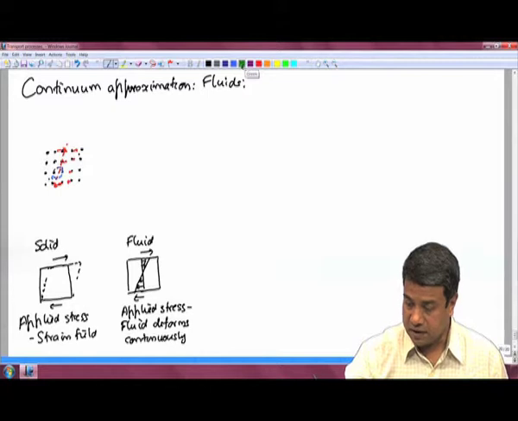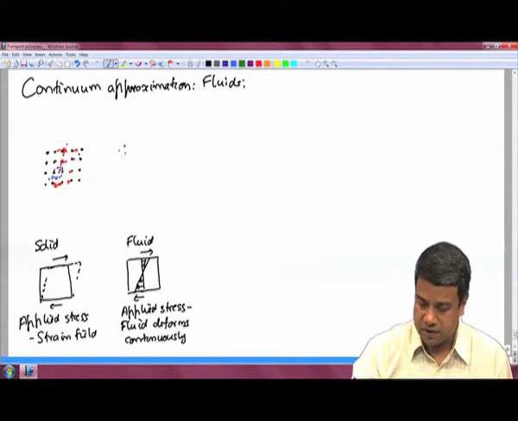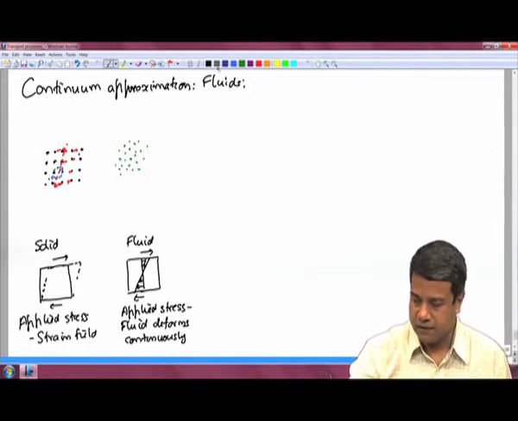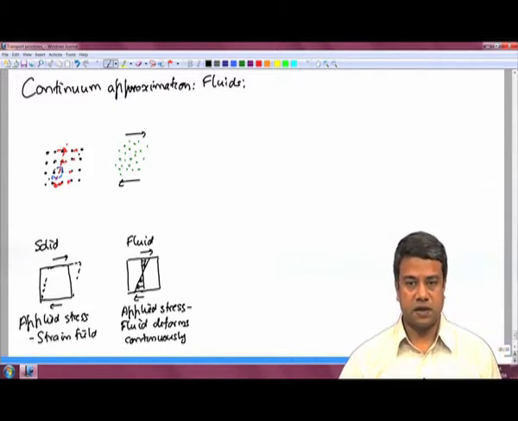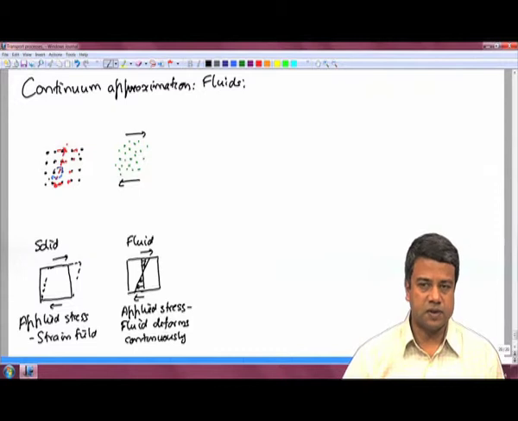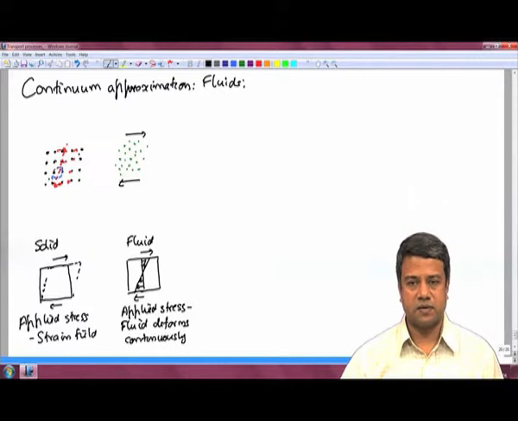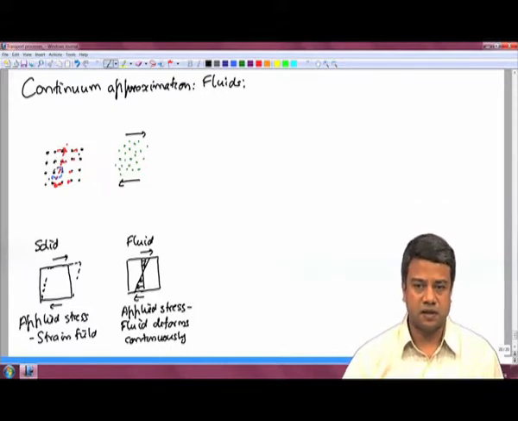In fluids, on the other hand, the molecules do not have equilibrium positions, and therefore they are free to move about in any direction. And therefore, in a fluid, if you apply a stress, the molecules will move continuously in response to that stress. They do not have equilibrium positions, and because of that, the molecules move in such a way as to accommodate that stress and thereby generate a fluid flow. So, the fluid flow is continuous in liquids and gases, in all fluids, and that is a fundamental